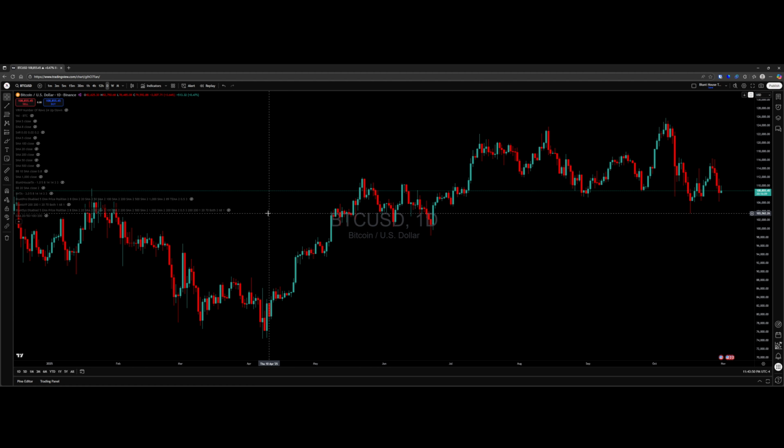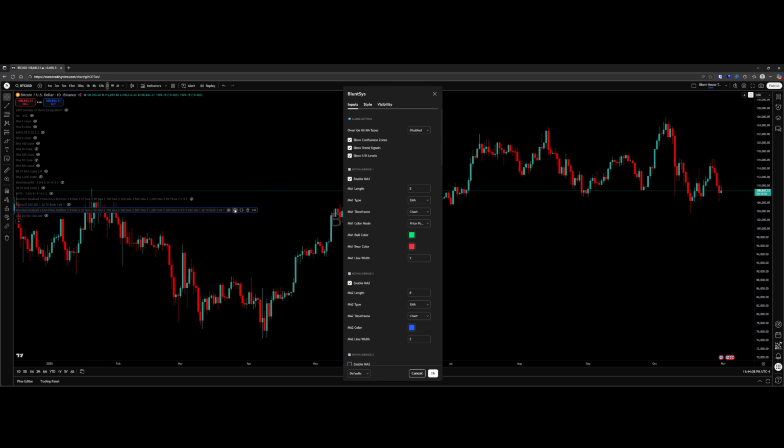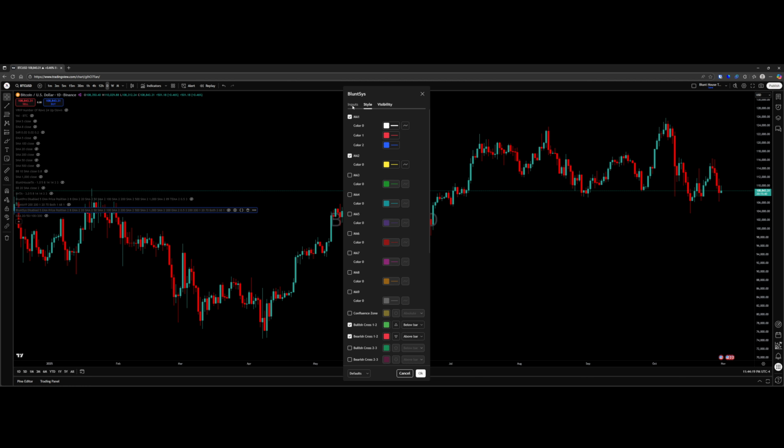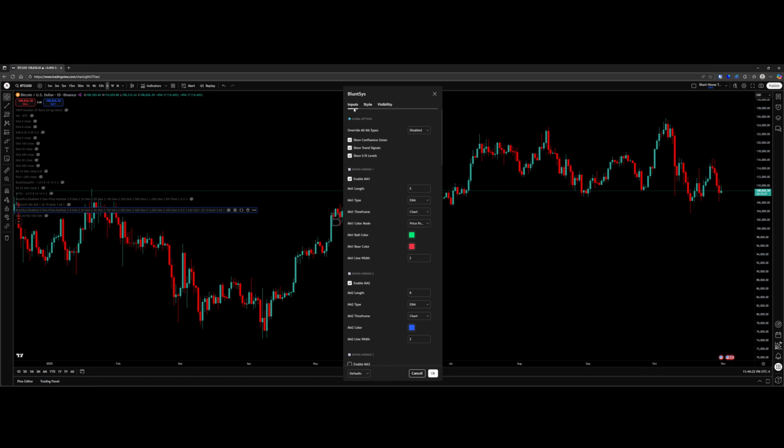Once I grant you access to the script, it will appear in your indicators panel along the left-hand side. I've got a whole bunch of stuff in there, I know that. But to set up your script, hit the settings button, and it'll show up as Blunt House something or other. You just open the settings panel. For those of you that have been following me before, I run a pretty basic set of moving averages, and the system that we're trading with is kind of dependent upon that setup. So in the input section,